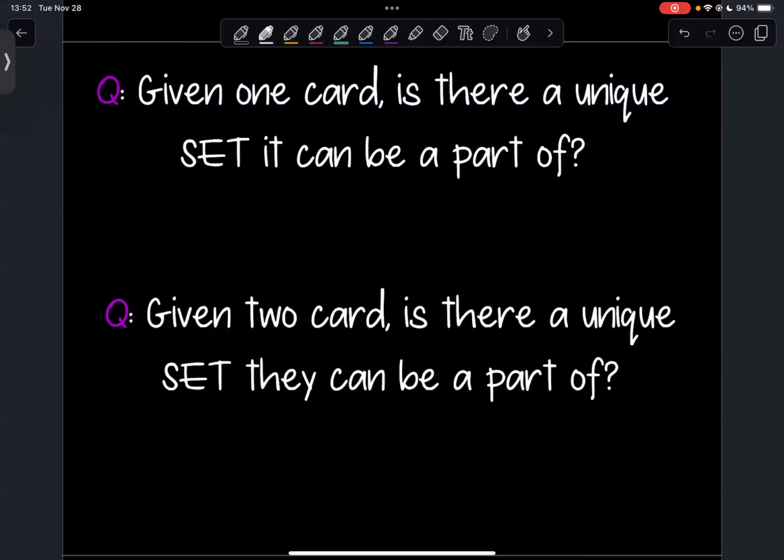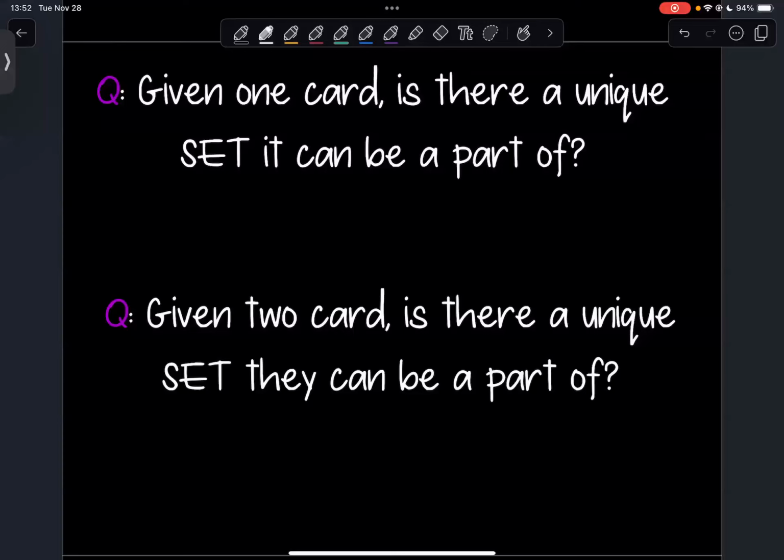And what do we think about this? If I only give you one card, is there only one unique set it can be a part of? Or are there multiples for this here? Multiples. And really, no matter which card I give you, there really are multiple sets that they can be a part of.